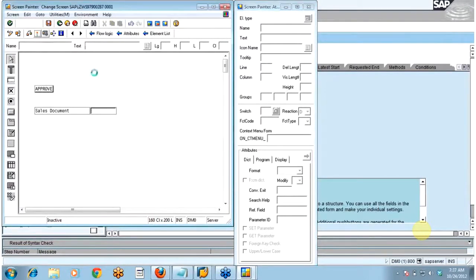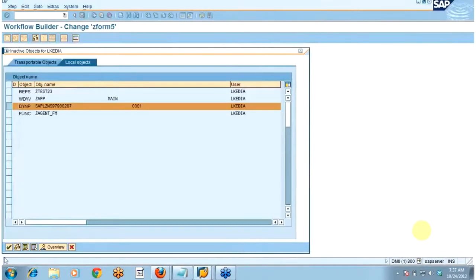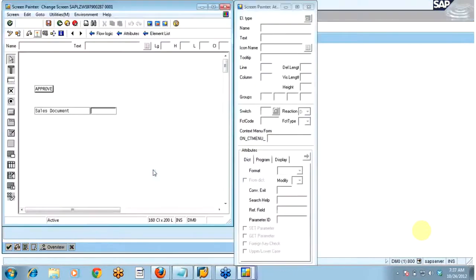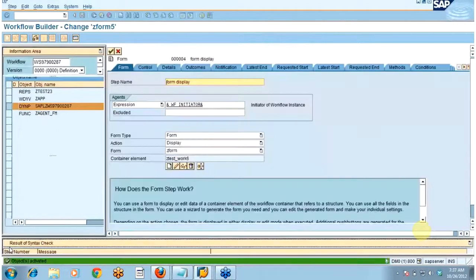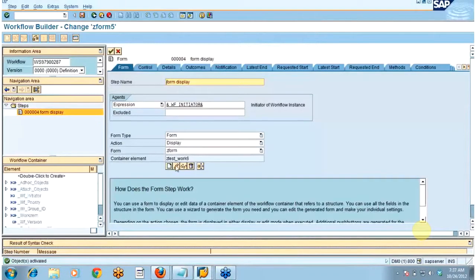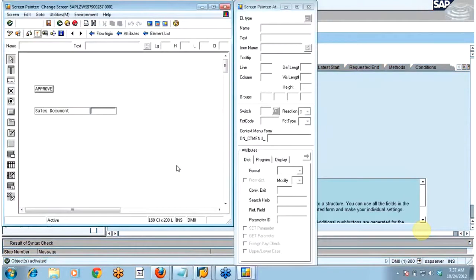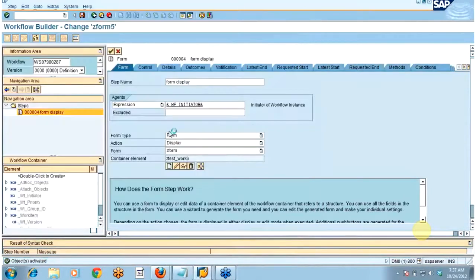Now I'm just activating this particular module pool. Activate it, go back. Okay, actually I forgot to write the logic. I was supposed to write the logic for that approve button as well. Go to the flow logic.